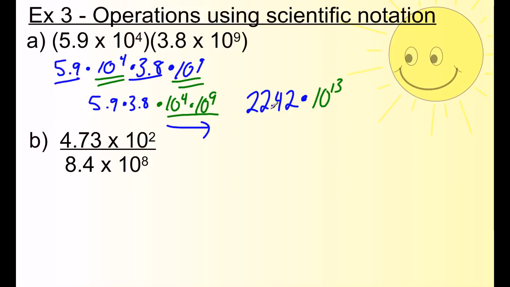So we're at 22.42 times 10 to the 13th. That sounds like scientific notation. The only thing that's missing here is this first number is too big. We can't have 22. So if I move my decimal one more place this way,